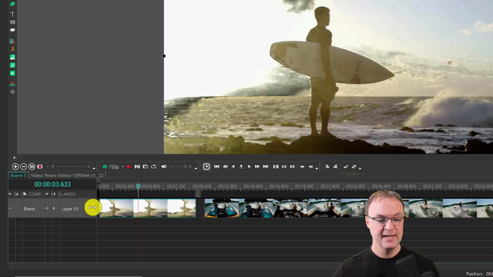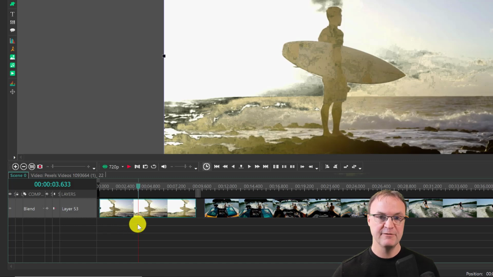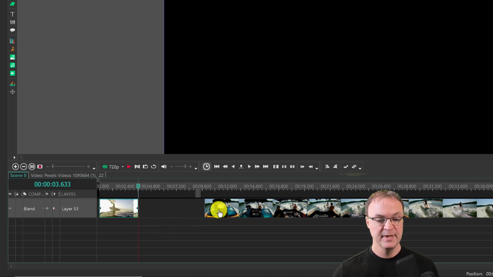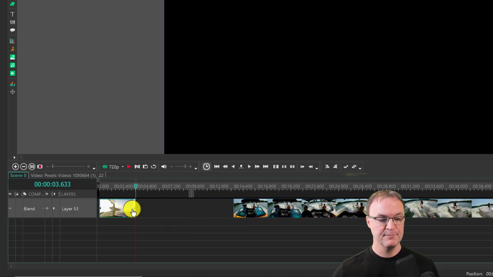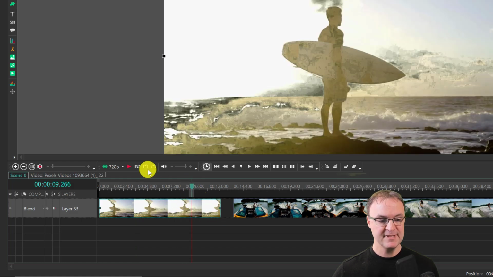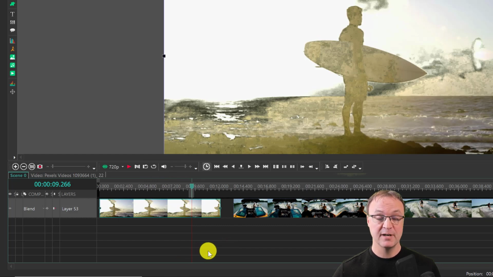So just because I've deleted or trimmed it, it doesn't mean I've deleted it. I can still drag it back if I went too far. And then the other thing I can do is I can go from the other end and trim it that way too. Now, if you have a video clip and you drag it longer than what the clip is actually, so this, in this case right here, what happens is, and I'm just gonna hit the space bar because it's a quick way to hit play,